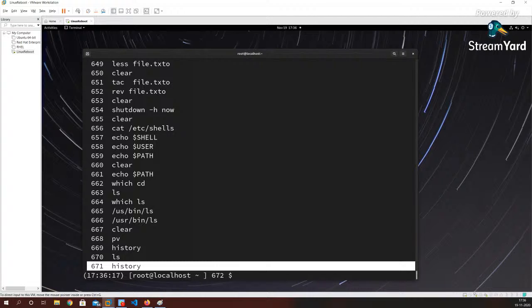So pv does not work on your system, Guinea, because you need to install pv first. So please study the pv command from the internet, and you can install pv using the command which I am sharing now: sudo apt-get install pv. This is for Ubuntu,